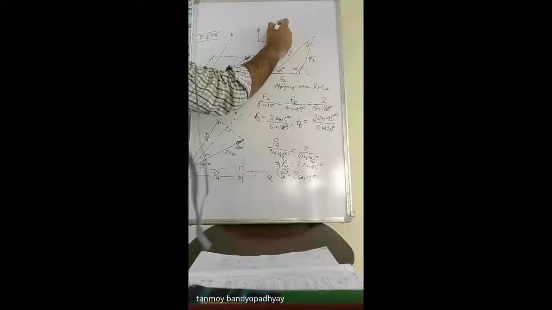Sir, will you please explain this part once again? Which part, the projection part? Projection means if I need to find out the projection of a vector on any axis, we draw perpendiculars on that. If we want to find the x component, suppose I have a vector like this, this is the x axis, this is the y axis, then we just project them. We draw a perpendicular from this one.